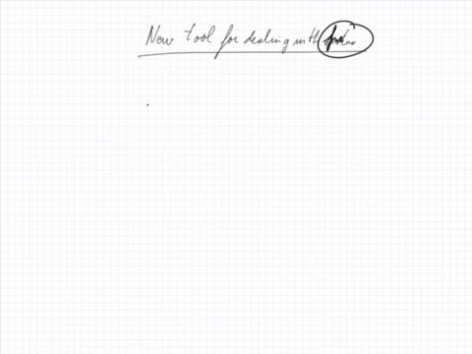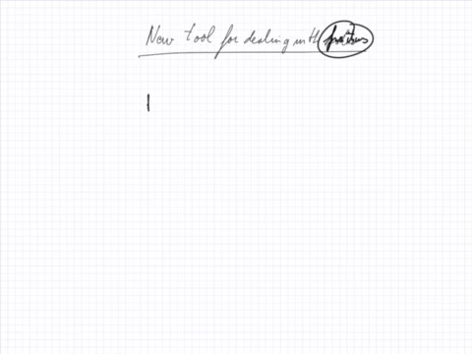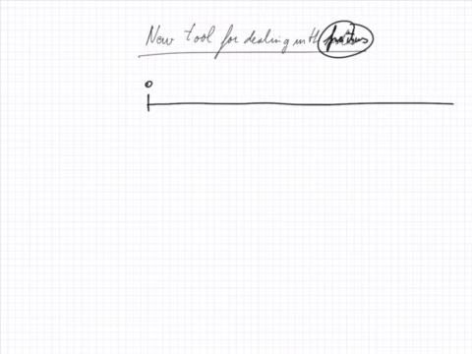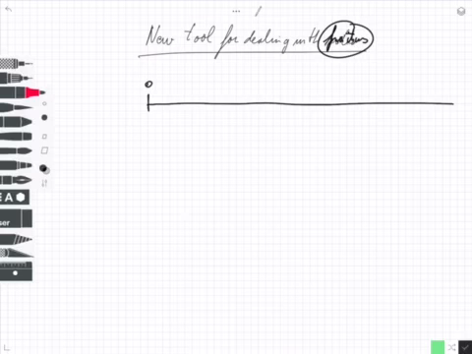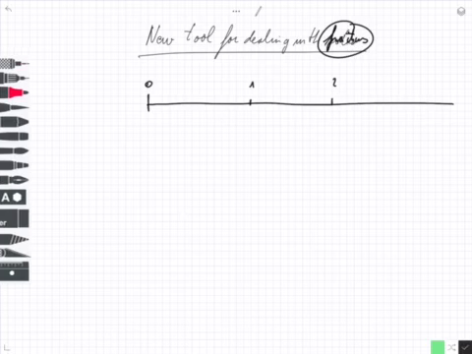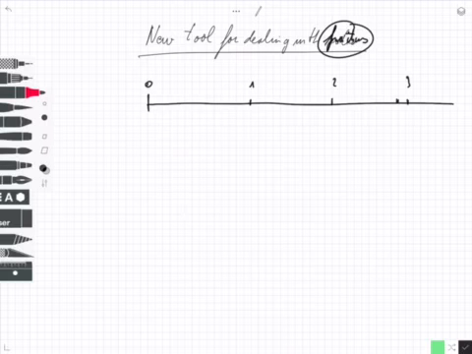I would like to have a tool for dealing with fractions, and also that the student would... So it's based on the number line. It would consist of a number line where you have here 0, and then you have 1, 2, 3, etc. You would have the numbers on the line equally distributed, and you would have here